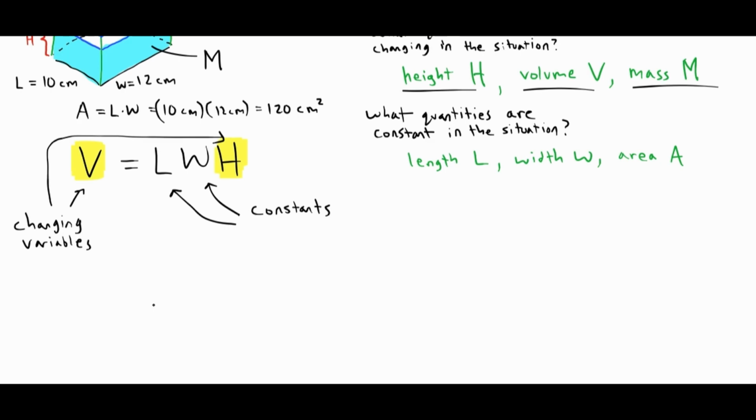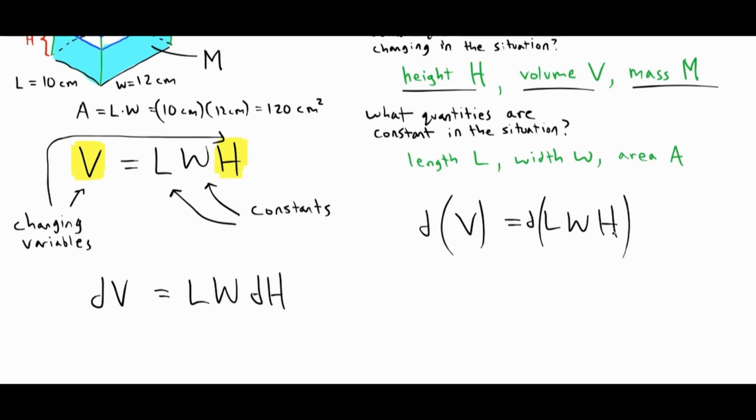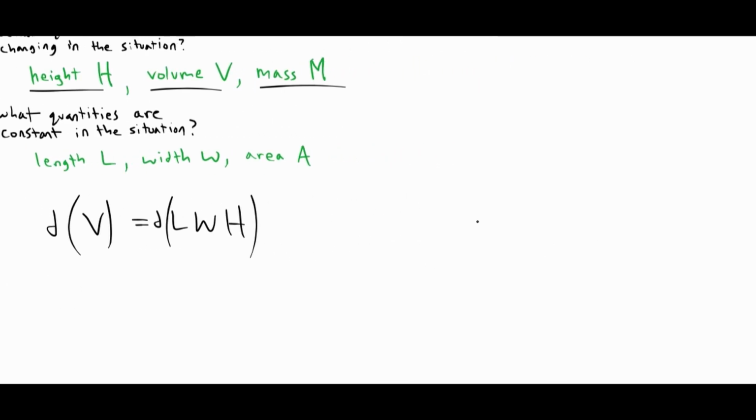So what we want to do is show that we could take a derivative of the things that are changing. One way to do that is to write just dV equals L W dh. Now the reason why something like that could be written hopefully makes sense from what we've done with implicit differentiation already. You're trying to take a derivative, but when you take a derivative of h there, the h could go away and the constants should stay, just like it would be if you were taking, let's say, a derivative of